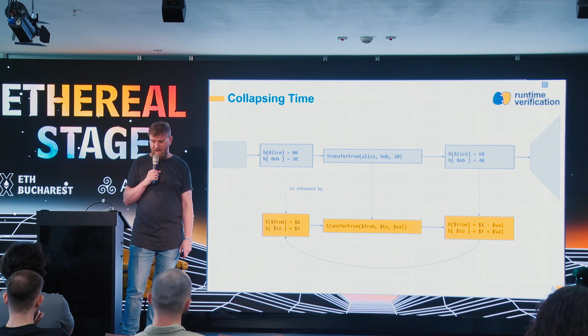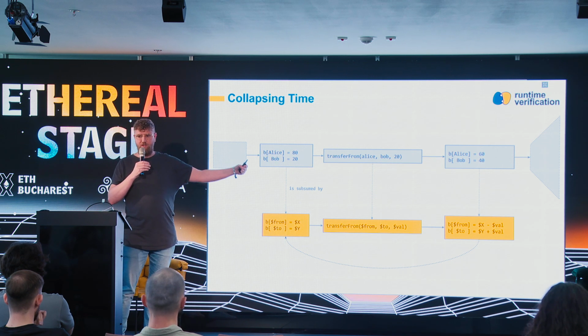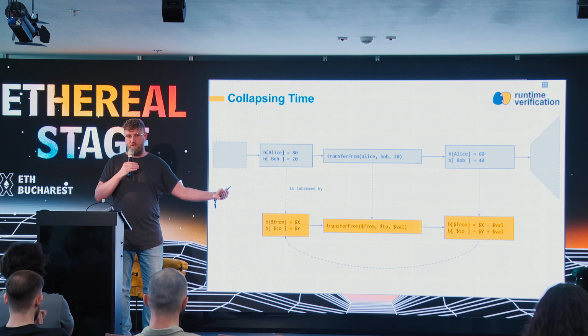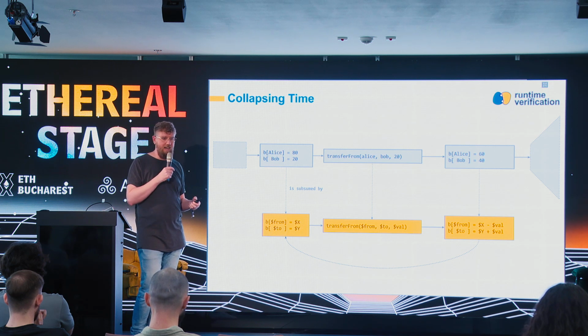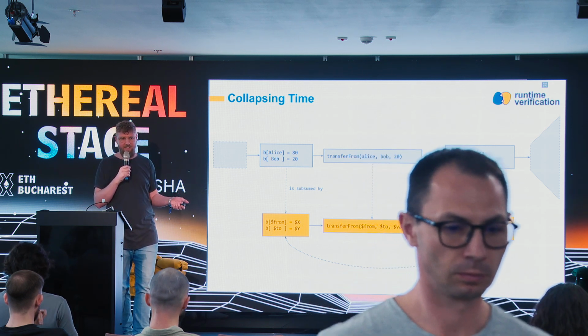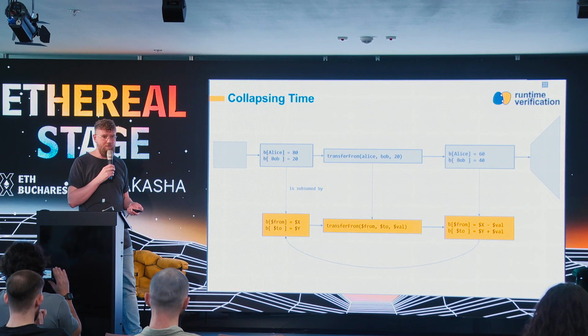But now we still have this problem that we have possibly multiple transactions, or we have vulnerabilities that only show in transaction sequences. So how do we solve this problem? And the cool thing is we don't need to introduce anything else. Like the approach that we showed before, all these abstract states also make it possible for us to